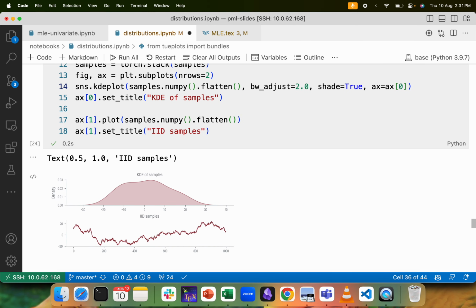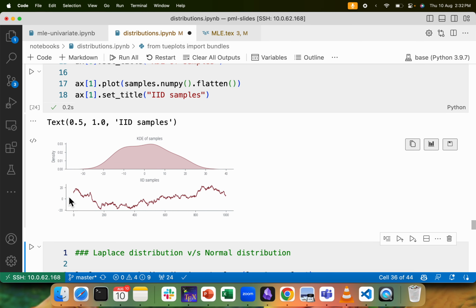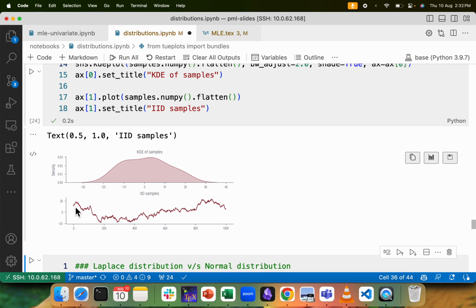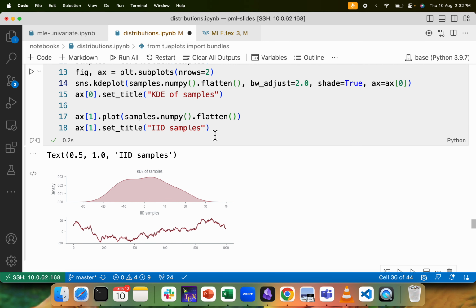If we were to see the evolution of samples over time, does this make sense? Right, so let's start with the first sample. It was 10. The second sample will be from a normal distribution with mean 10 and variance 1, right? Let's say that comes out to be 10.5, it's increasing in this case. My third sample would be coming from a normal distribution with mean 10.5 and standard deviation 1, and so forth. If I were to choose a different random seed,